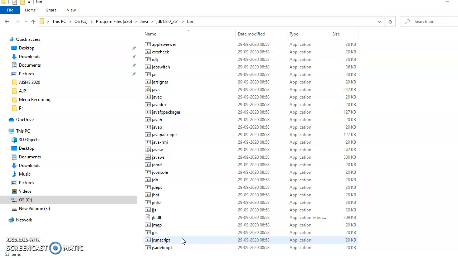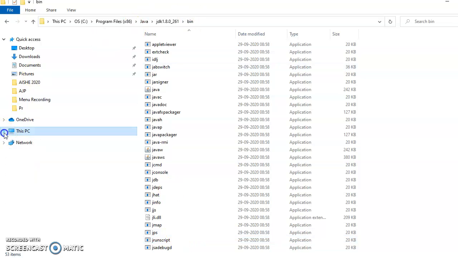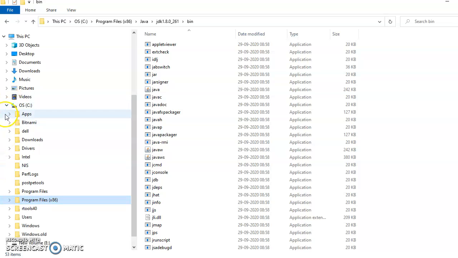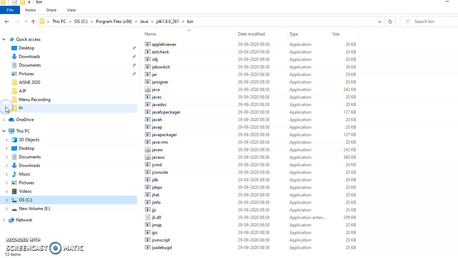Now look at this. This is my PC, and on the left hand side, as you can see, there is This PC. So this is a node. Again, this is a node. When I click on this arrow, it will expand and show all the subnodes which are present in my system. Again, if I click on any of the subnodes, if it has further subnodes, it will expand. Like my C directory has many subdirectories, so it expanded. When I click again, it will collapse, which means it will not show its subfolders, it will show only the main folders.